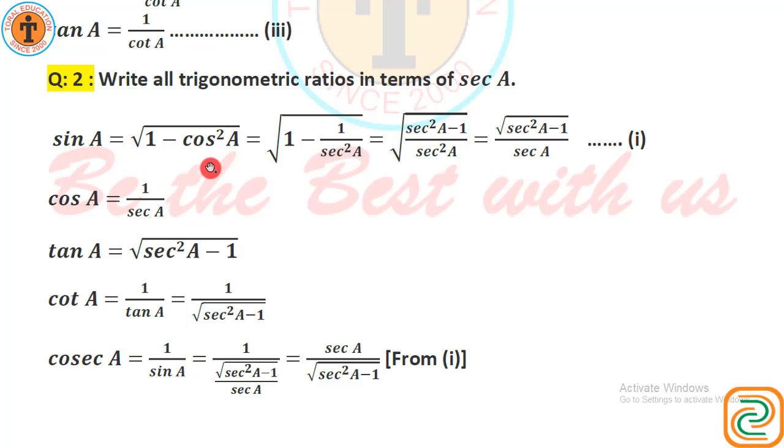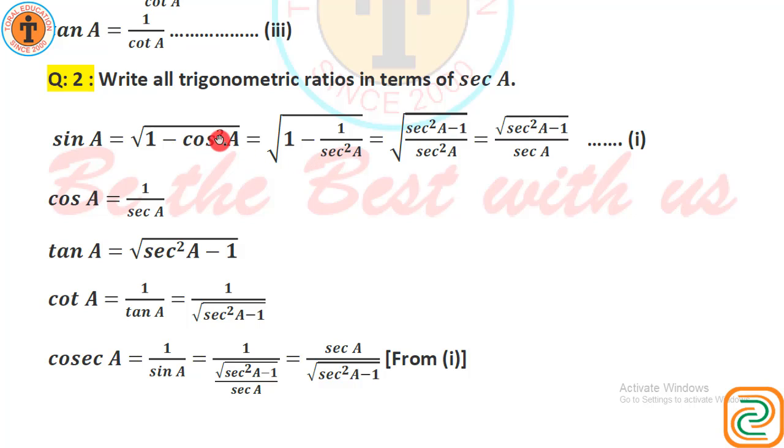Sin A equals root of 1 minus cos square A, because cos square A plus sin square A equals 1. Therefore, this equals root of 1 minus 1 upon sec square A,